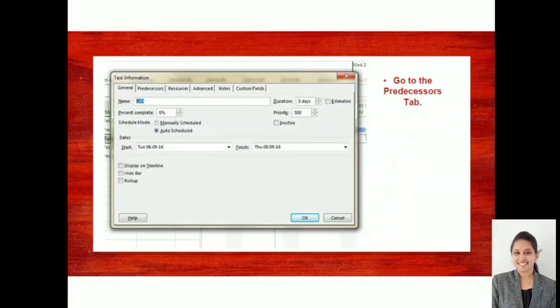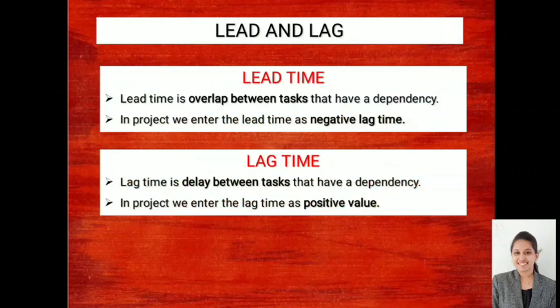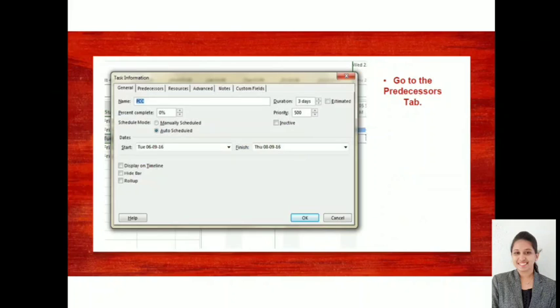The scheduled mode, manual or auto, is auto because I have already selected it, or else you can also make the selection here. You can see the duration, the name, the scheduled mode, and when it is starting and when it is ending. Now next we'll select the predecessor tab.